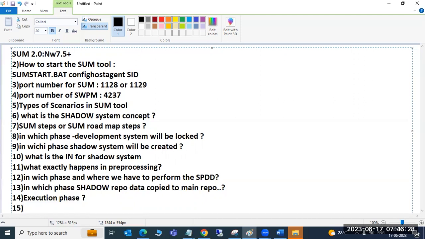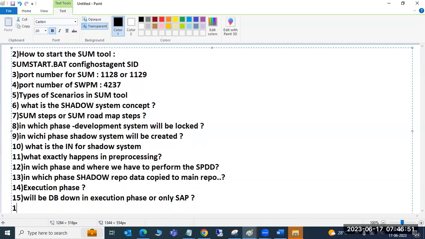Good. Excellent. So in the execution phase, will the DB be down, or only SAP? Only SAP. So why only SAP? As I mentioned, upgrade is an offline activity.